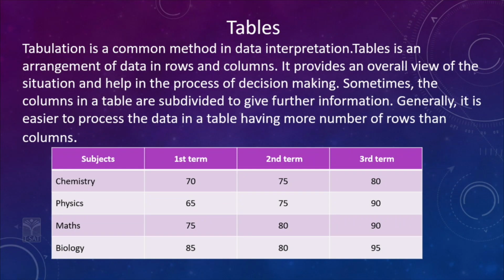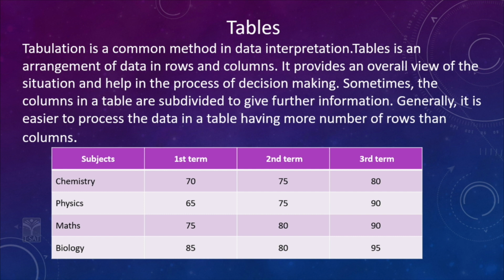A table consists of class intervals also. The class intervals will come here. That is the most important. 0 to 10, 10 to 20, 20 to 30, 30 to 40. These are called class intervals. These are called continuous class intervals. So, the first one, 0 to 10, means your lower limit, upper limit, and we call it the lower boundary, upper boundary also. The difference between upper boundary and lower boundary will be called the size of the class.